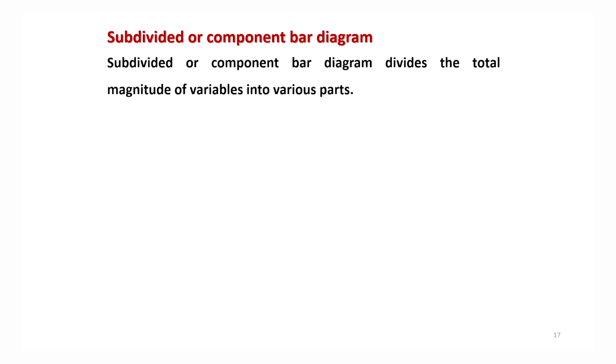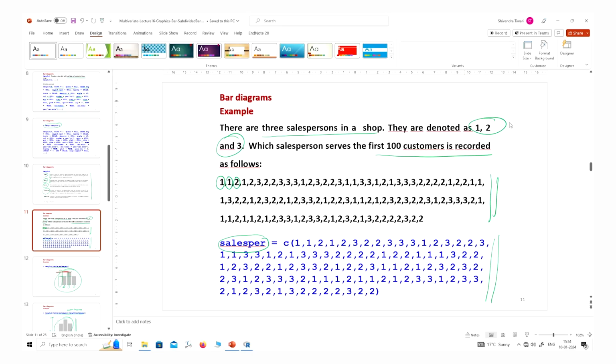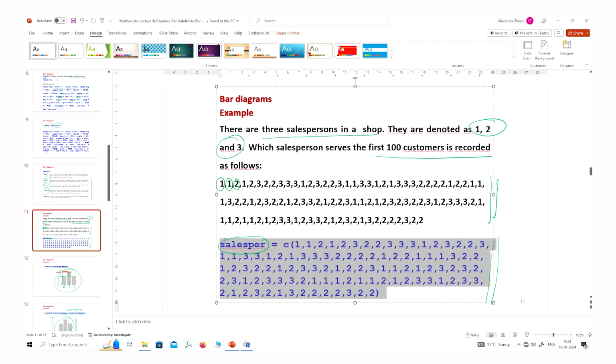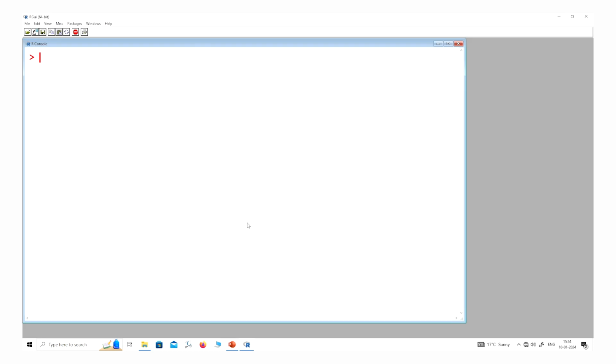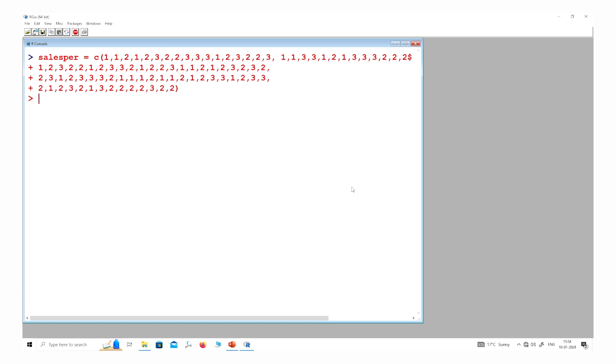Right. So this is about the bar diagram. My objective is not to teach you about the bar diagram, because I'm sure you know about it, but to give you some options so that you can understand and get convinced that different types of options are possible to add, which will give us good graphics.